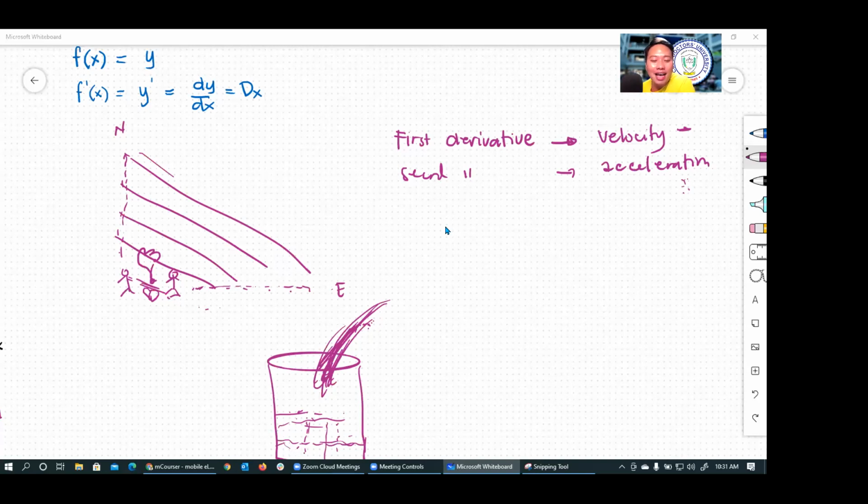So yeah, guys, we'll discuss it later. We'll discuss more about it next week. And guys, I'm just sharing the first derivative of the derivative, the formulas given in your physics 1 and physics 2 in grade 12. They are derived from the concept of derivatives. So yeah, thank you so much.